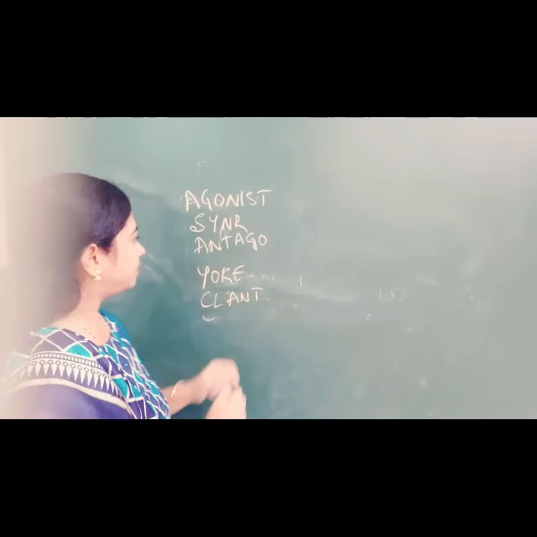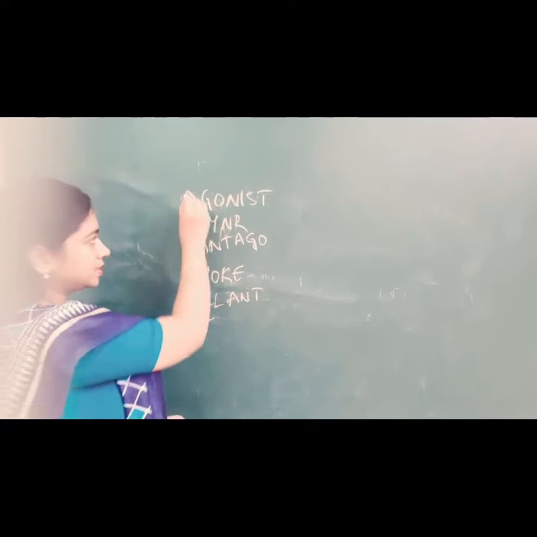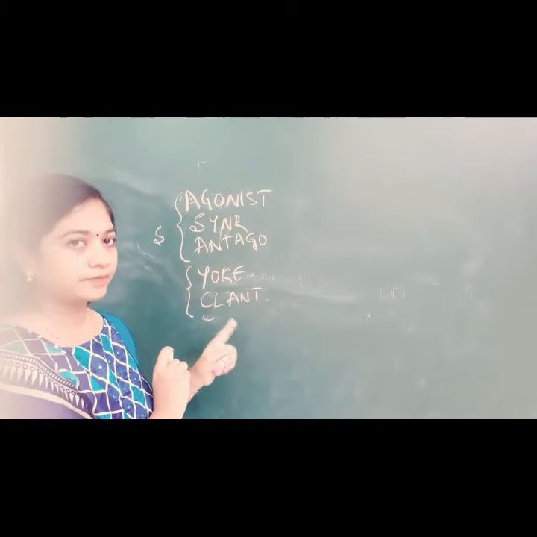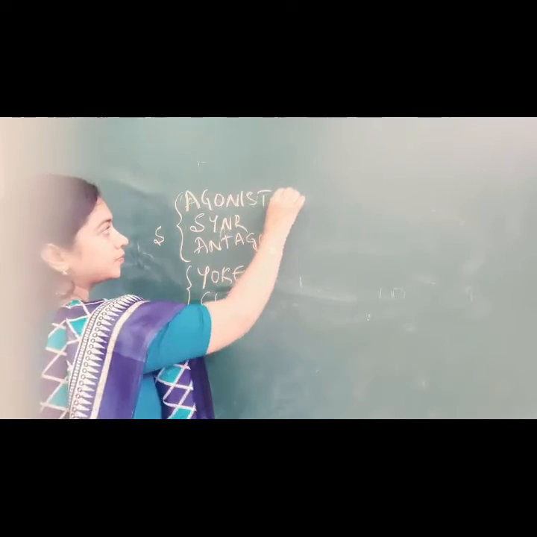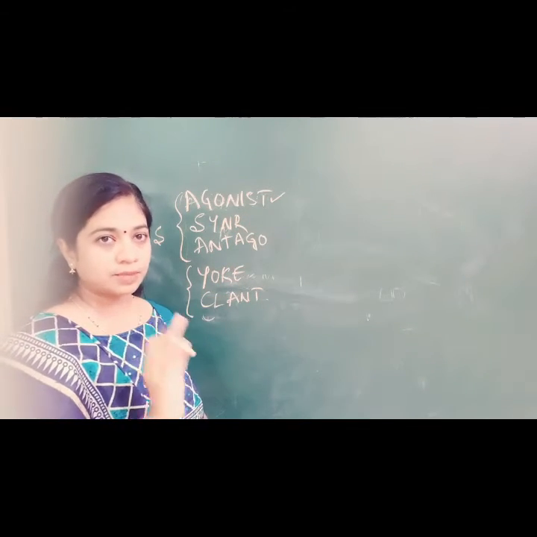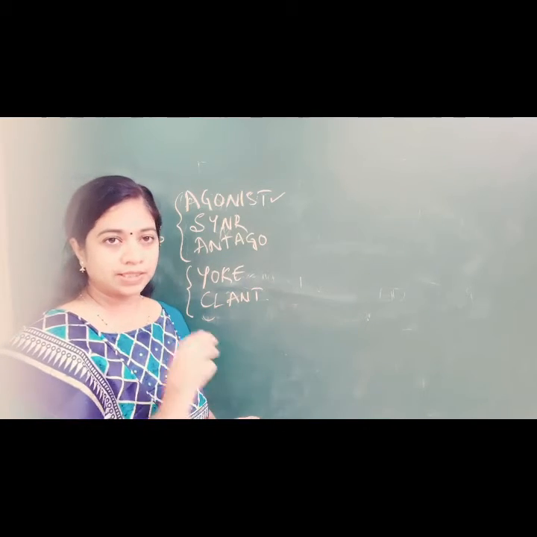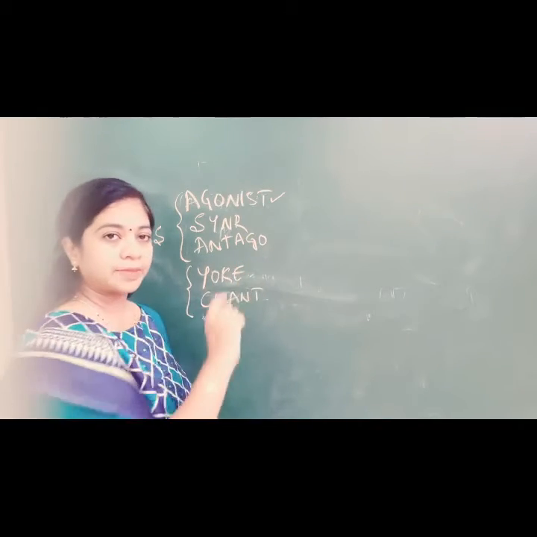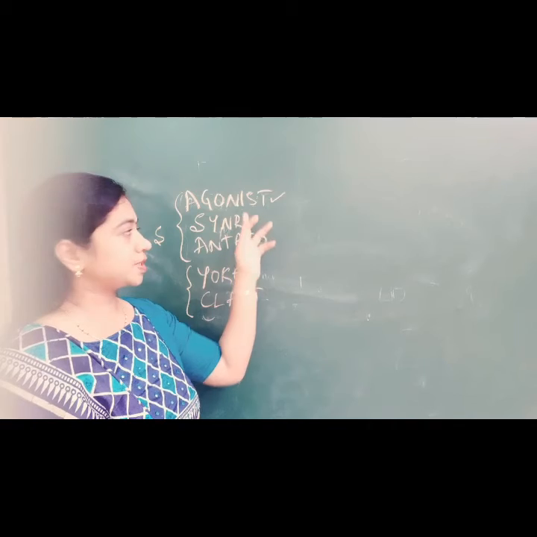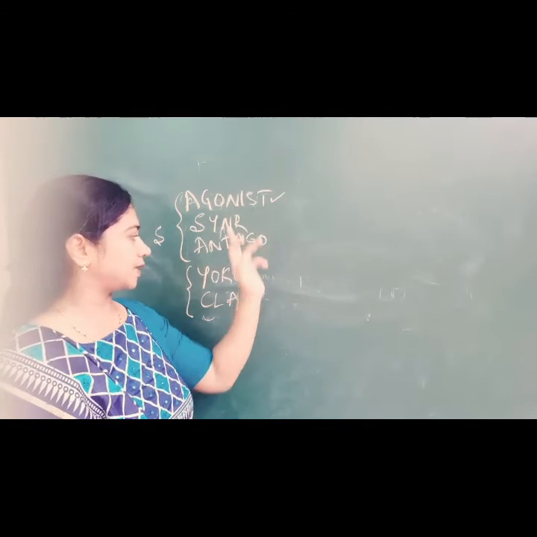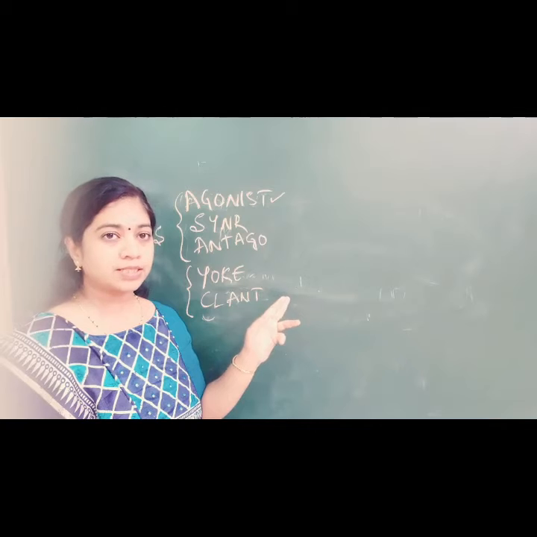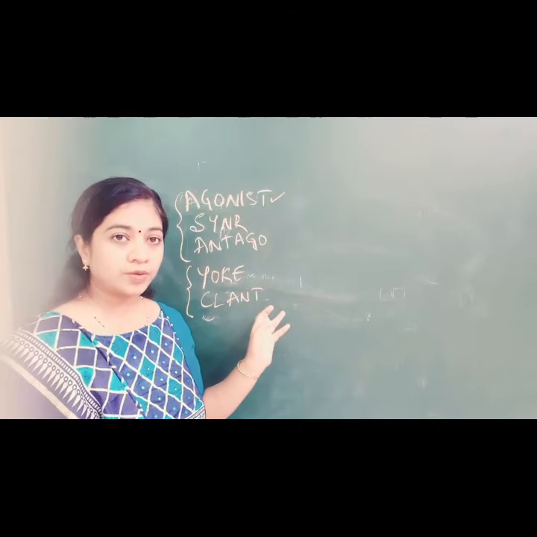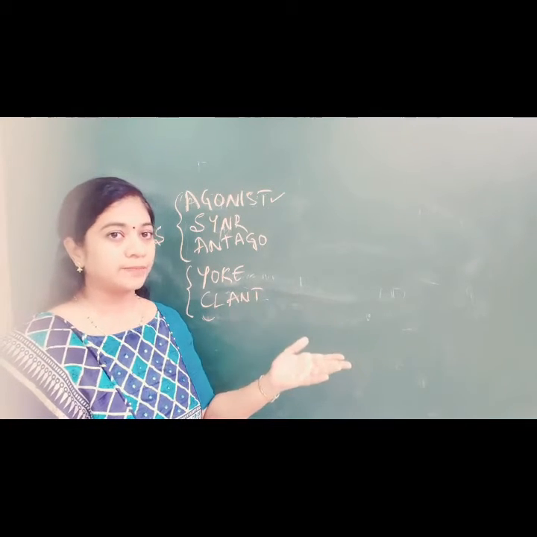Okay, so let me repeat. Agonistic, synergistic, antagonistic muscles are present in the same eye. Yoke muscles and contralateral antagonistic muscles are from both eyes. Agonistic muscle: the contraction of which causes the movement in some particular direction. Synergistic muscle, present in the same eye, contraction of which helps in the movement of the agonistic muscle. Antagonistic muscle, again present in the same eye, the relaxation of which helps in the movement of this agonistic muscle. Yoke muscles, present in both the eyes, contraction of which leads to movement in some particular direction. Again, the contralateral antagonistic muscle is the one which is present in the other eye, the relaxation of which